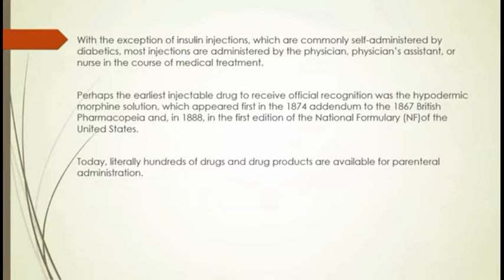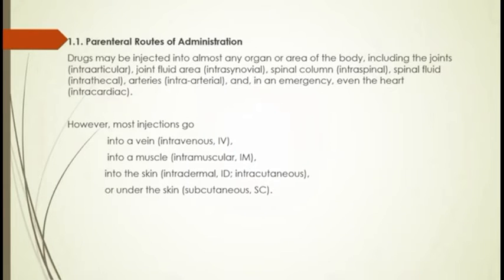Intrathecal, in the intrathecal route, the injection is given into the spinal cord, and intracisternal and intraarticular and intrapleural and intraperitoneal. These are the routes of administration. So which are the routes of administration? In one shot: intradermal, subcutaneous, intramuscular, intravenous, intraarterial, intrathecal, intracisternal, intraarticular, intrapleural and intraperitoneal. These are the routes of administration of parenterals.